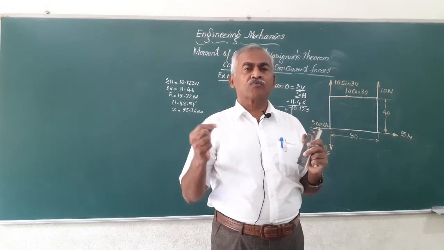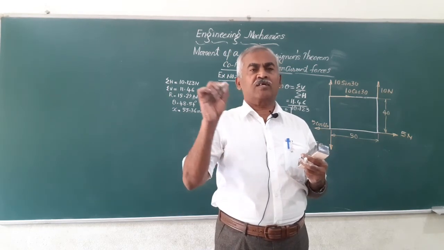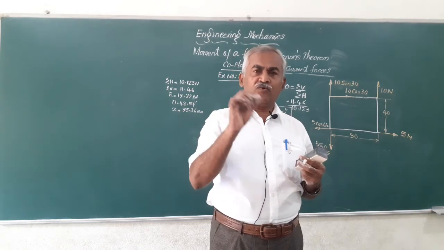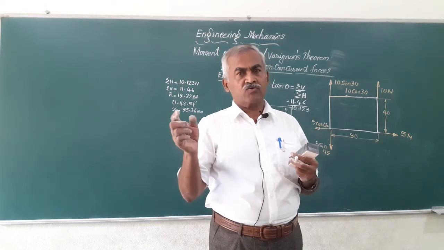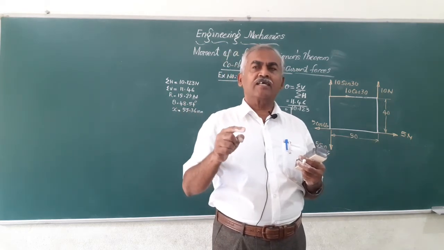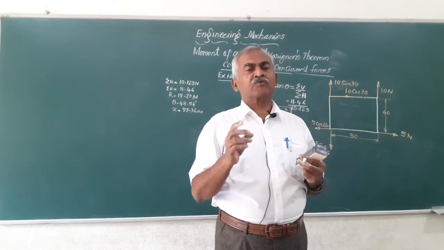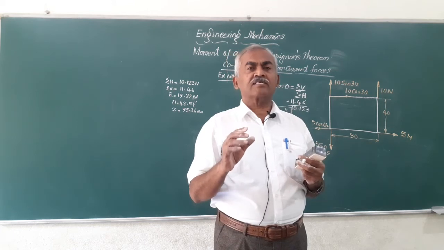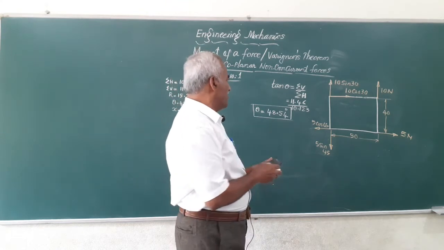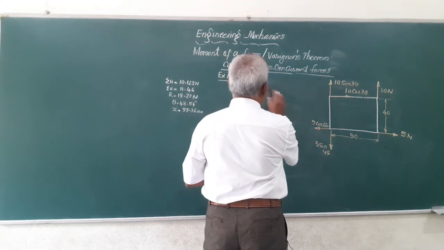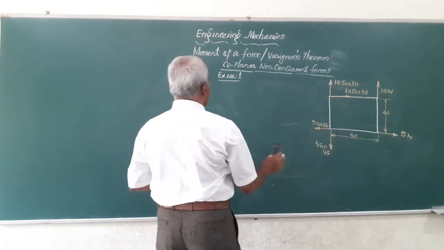individual forces put together. For example, if there are two forces F1 and F2, say the moments are F1 L1 and F2 L2. So F1 L1 plus F2 L2 is the total moment produced by the individual forces, that is balanced by R into X. X is the perpendicular distance of the resultant from the point about which you are taking the moment. The second part of the question asks you to find at what distance this should act.